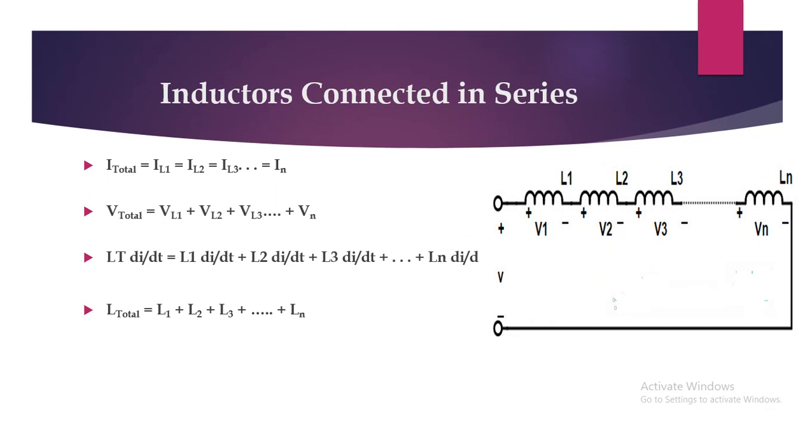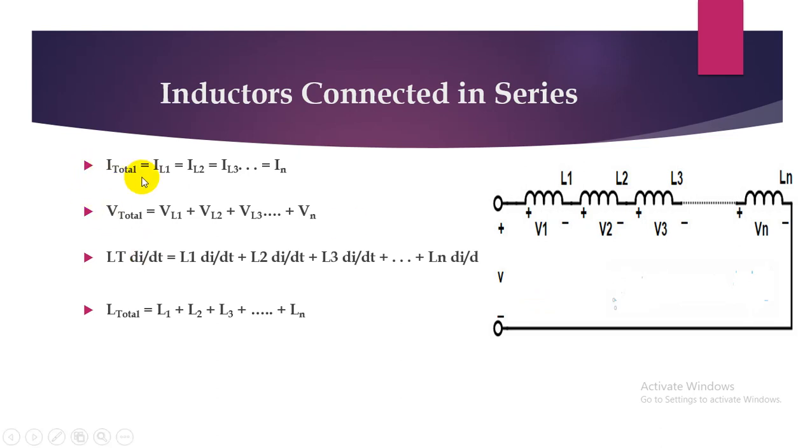So, same as with resistance, we can connect inductances or inductors in series and in parallel. When we connect the inductances in series, this is the circuit, and series means the current which is passing through all the inductances is the same. The voltage across every inductance is V1, V2, V3 and so on up to Vn, and the applied voltage is V. To calculate the effective value of inductance, we use two laws we discussed in earlier videos, those are KVL and KCL.